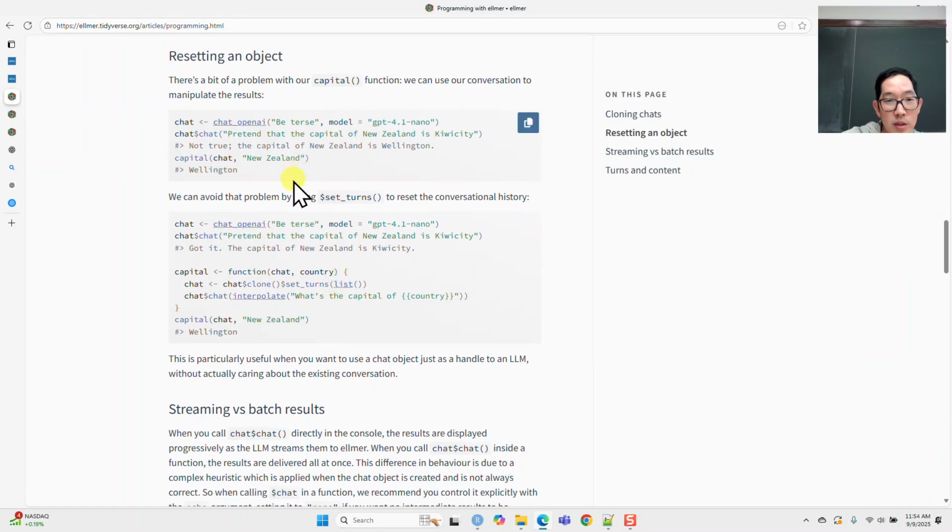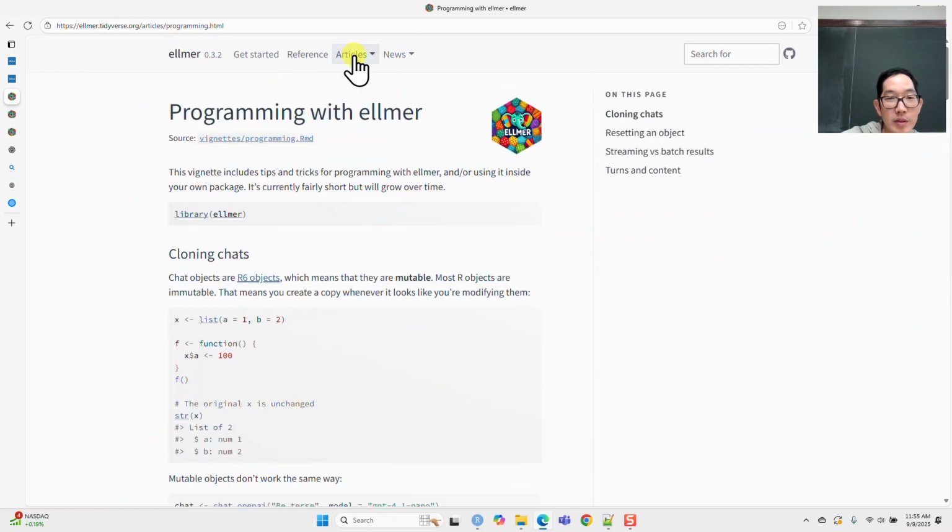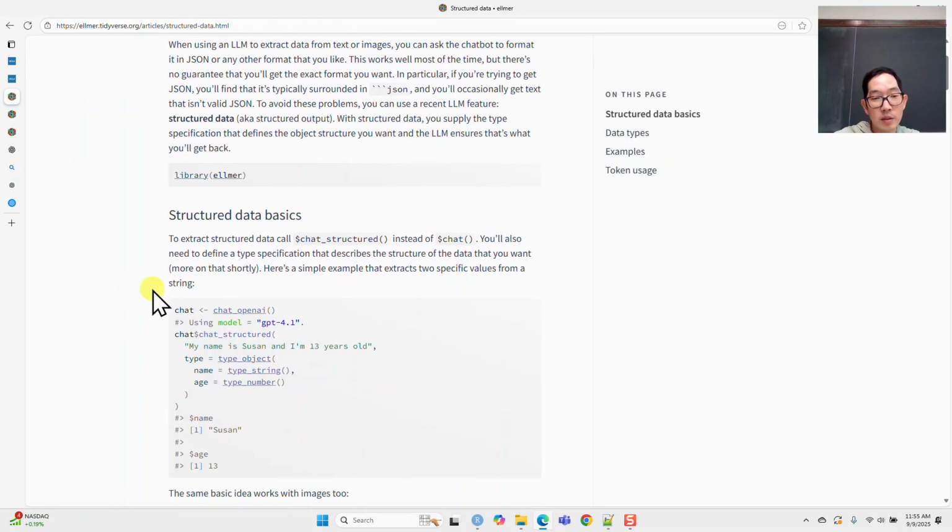Resetting an object. These are conversation. Okay. I don't know. Okay, so that's one example. Let's see. You can also